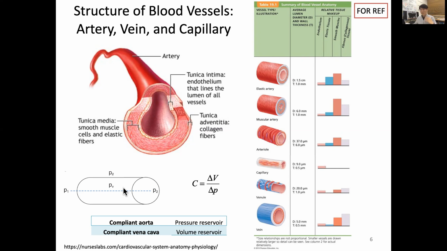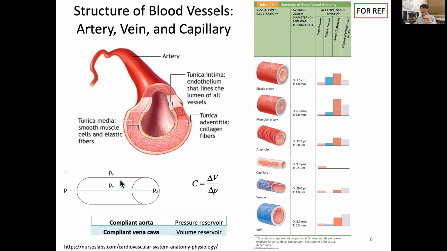And at the same time, this blood vessel is elastic. So inside is the vessel pressure, P sub V, while outside there's interstitial tissue. So interstitial tissue also has a pressure. So in order for the blood vessel not to collapse, which sometimes happens, this vascular pressure should be higher than